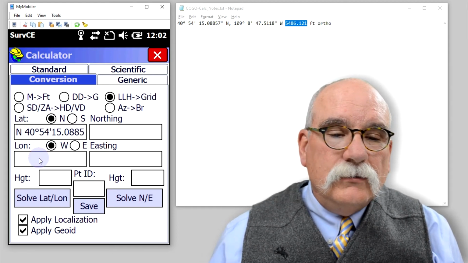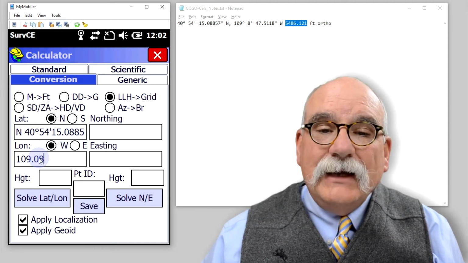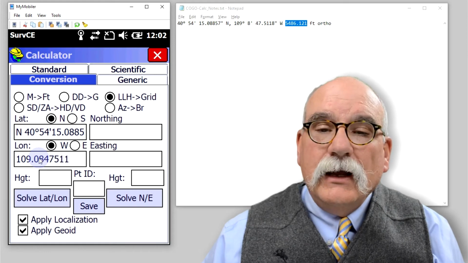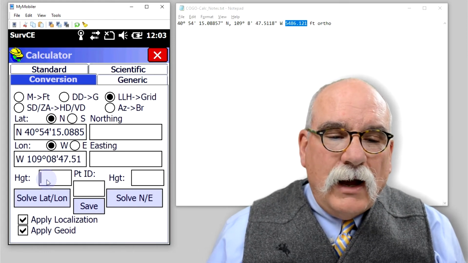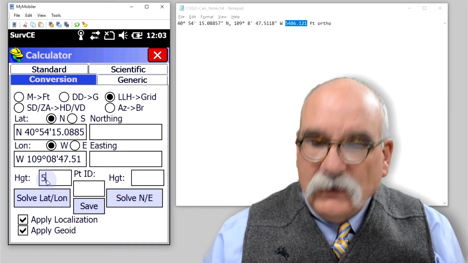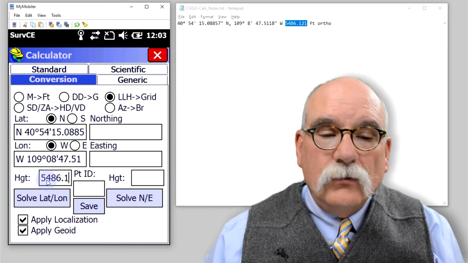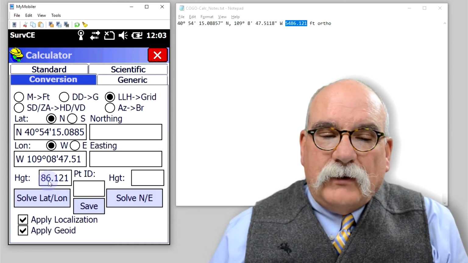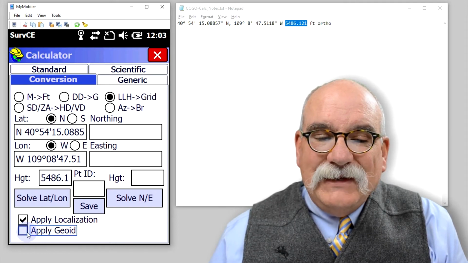The longitude is going to be 109, 08, 47.511 seconds, and the ortho height is going to be 5486.121. Now, since I'm entering the orthometric height here, I'm going to uncheck the geoid, because if I leave it